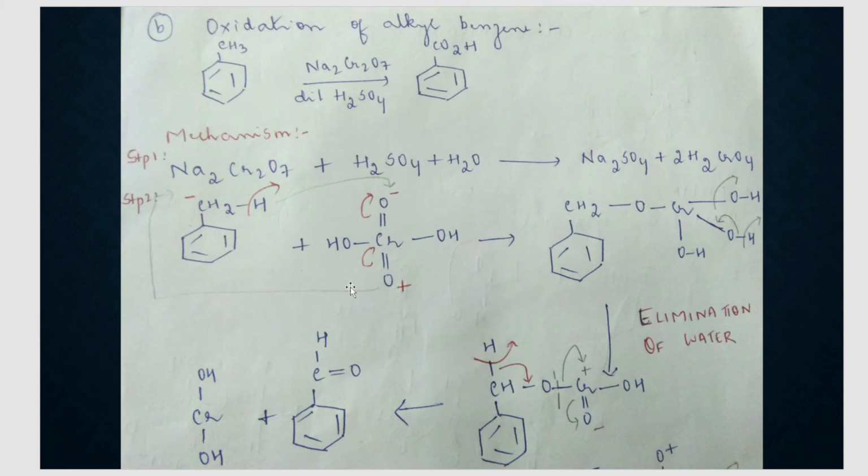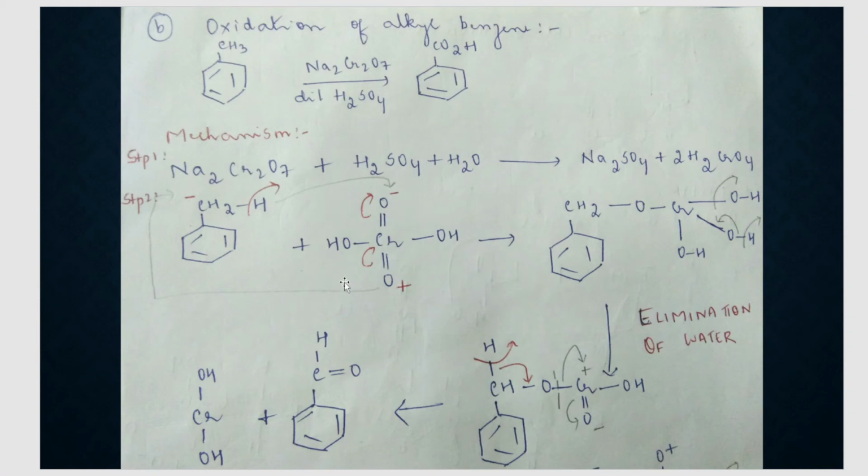Now let's come to chromic acid. What happens here? One bond shifts onto oxygen as minus, one bond shifts away from this oxygen. So this oxygen will get a plus charge. Now, which part will attach to the carbon? The oxygen with the plus charge will go and attach onto this carbon. And now you know that there is a free proton in the reaction medium that will come and attach onto here, which is O minus. So that is written in the next step, that is CH2.